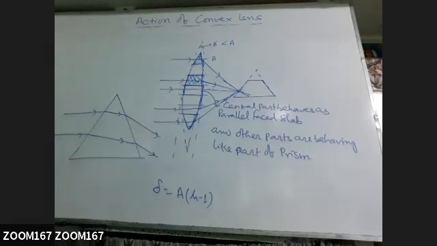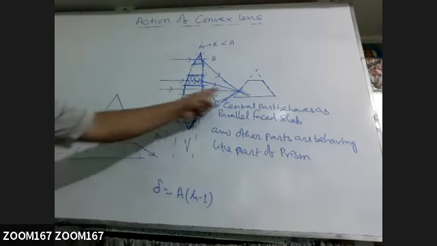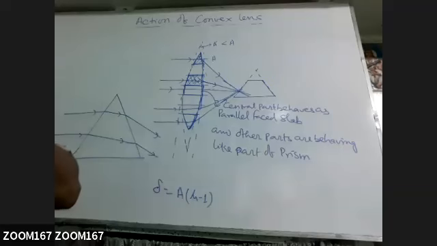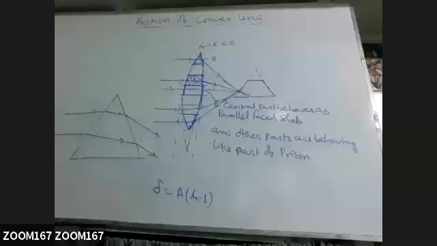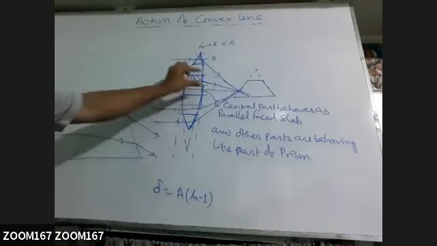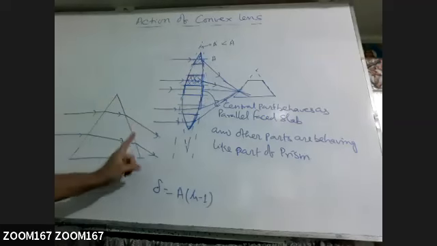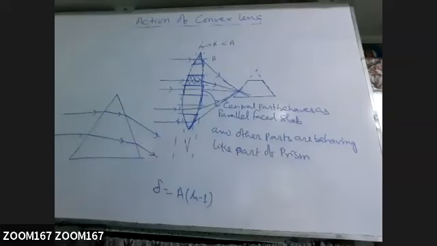In case of a parallel face slab, we know the net deviation is 0. So there will be no deviation here. But all these other parts will deviate the ray, and the deviation will be different. That's why the emergent rays, though the incident rays are parallel, will not be parallel to each other. If parallel rays are incident on the same prism, the emergent rays will be parallel to each other. But this is not the situation here.